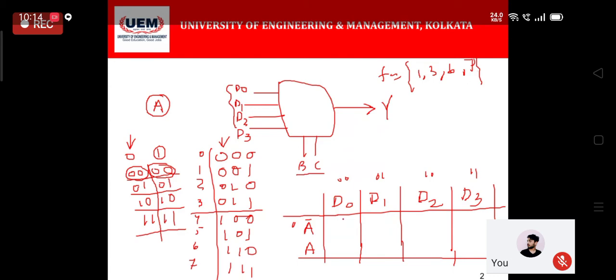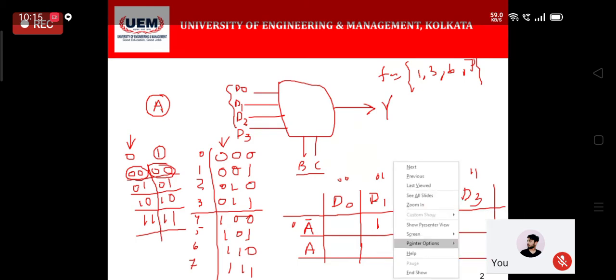So this is 0, A bar multiplied by D0, that is the 0th term. I'll not touch that at this moment. So this is 1 term. So 1, I'll put as 1 because 1 is already present in our function. Then 2 is not there. Then 3 is not there. Then 5 is the lower part. So if we break that area into 2 different parts, then 0, 1, 2, 3, 4 is not there. 5 is this one. So we will be writing that as 5, or rather not 5 because 5 is not present in our function.